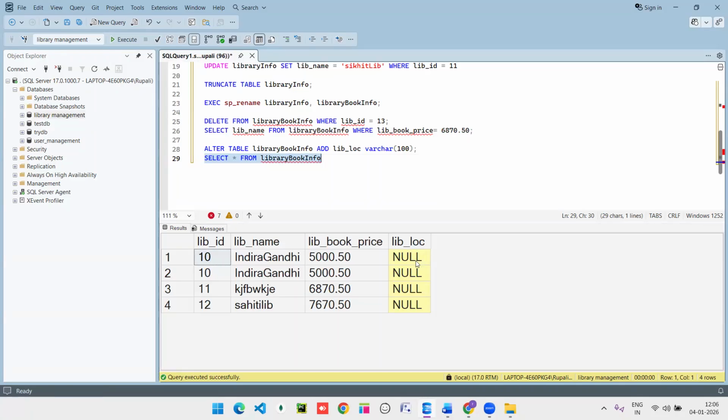If you want to add the details on this column, then you can go with the insert into the table name and the column name and the value. Okay,